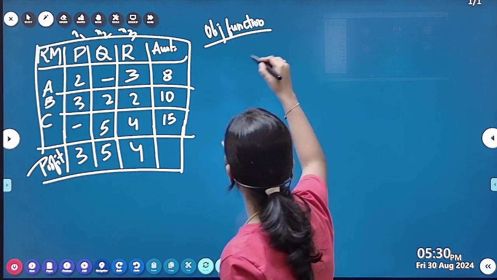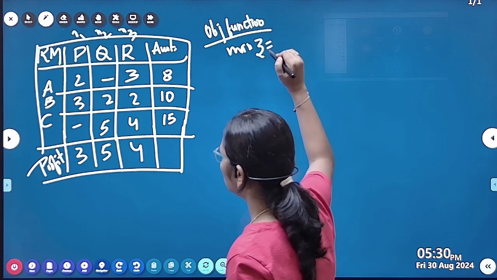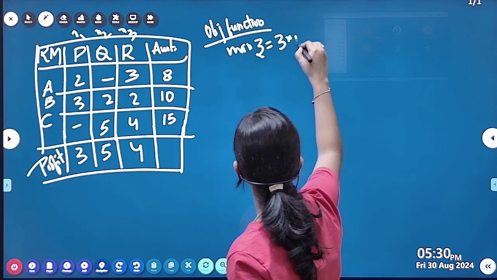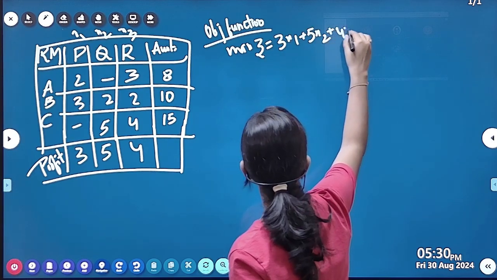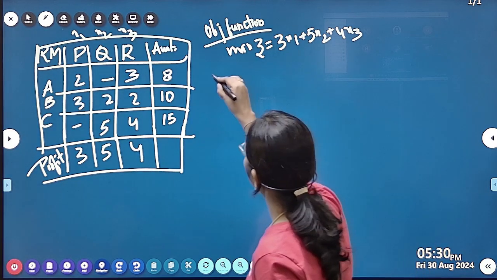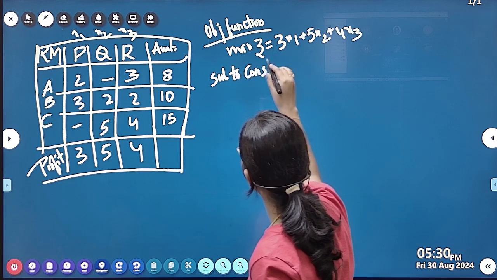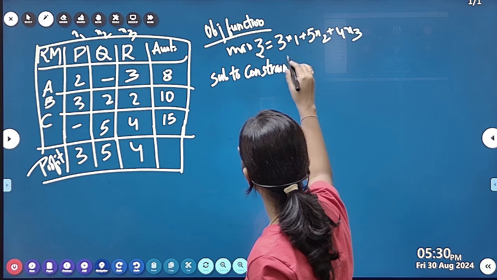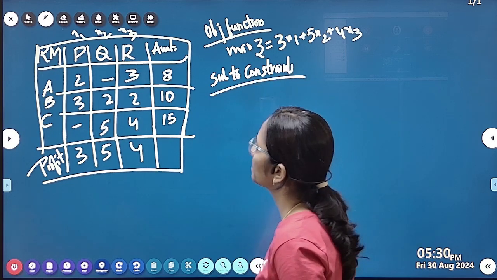So now tell me, maximization of Z is equal to 3x1 plus 5x2 plus 4x3. Okay. Now next, subject to constraints. So subject to constraints will be